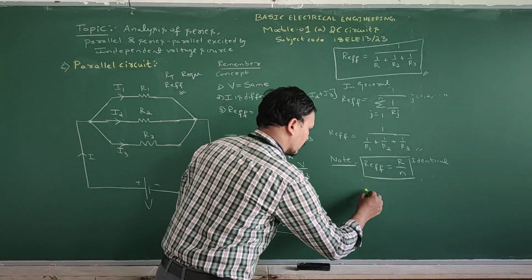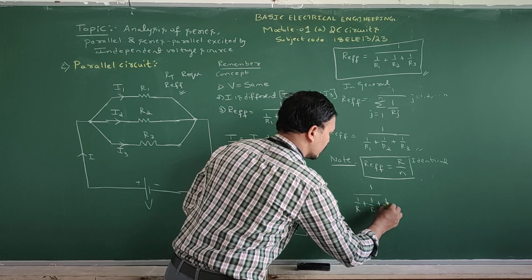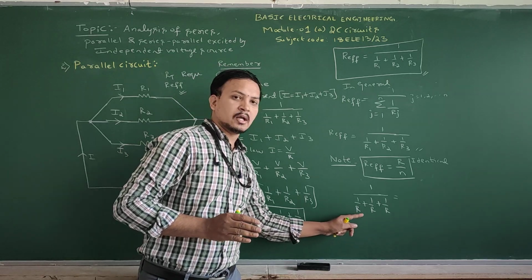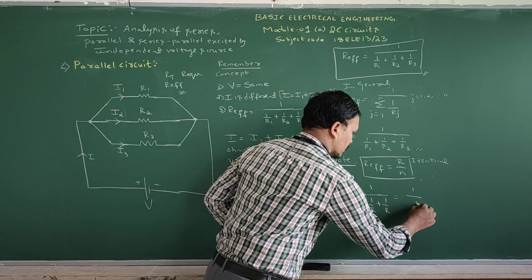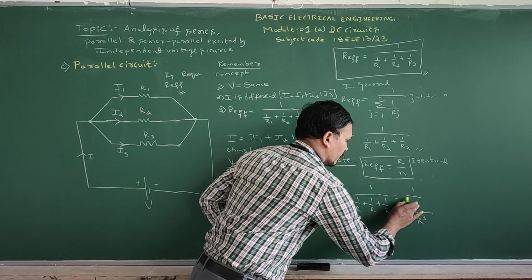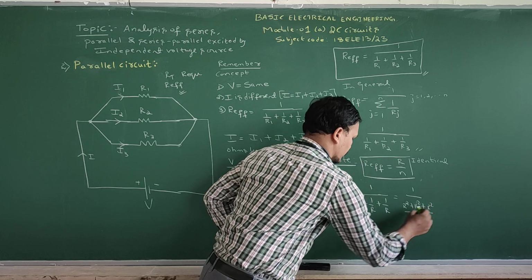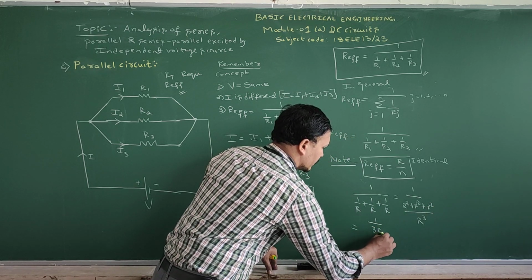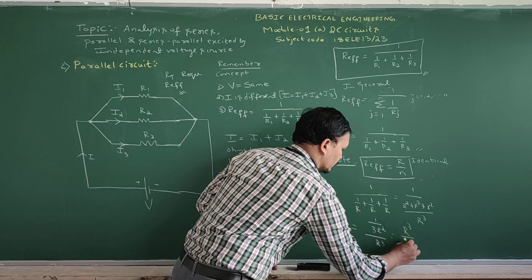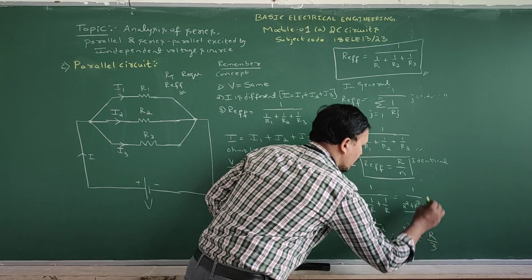So that I am going to prove it now. 1 divided by 1 by R plus 1 by R plus 1 by R, meaning R1, R2, R3 all having identical value. That's why I have written R. So from this, 1 whole divided by, what is the LCM I can take? I can take LCM R cube. So 1 by R into R cube, you will get R square plus R square plus R square. So further 1 divided by 3R square divided by R cube. So cross multiply, you will get R cube divided by 3R square. So by cancelling this, you will get R by 3.